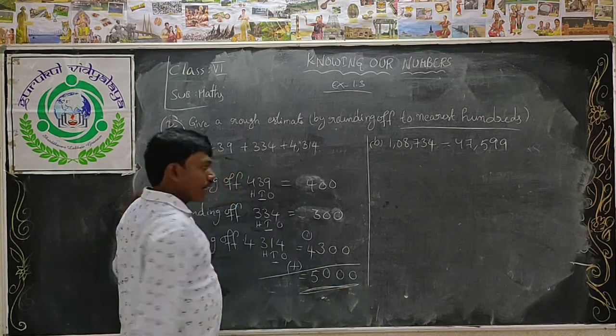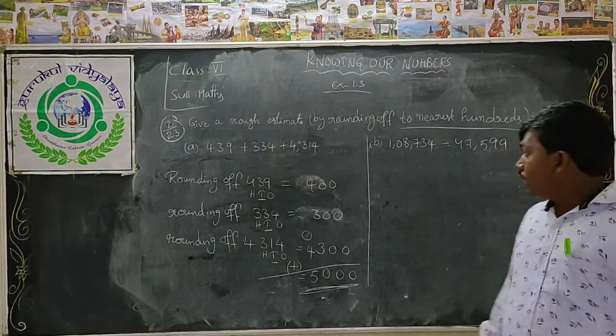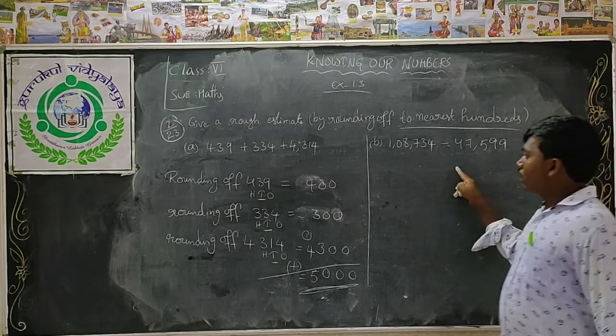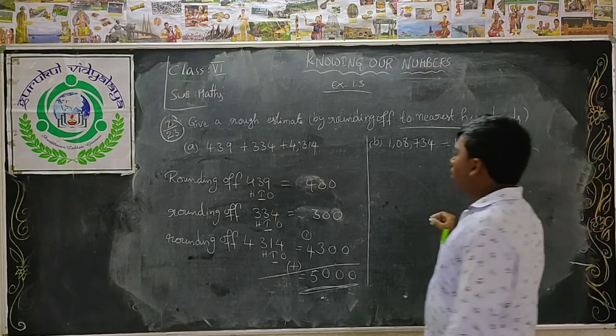5000 is the required answer. See, children, next one, B. This one is also rounding off to the nearest hundreds. The first one, rounding off